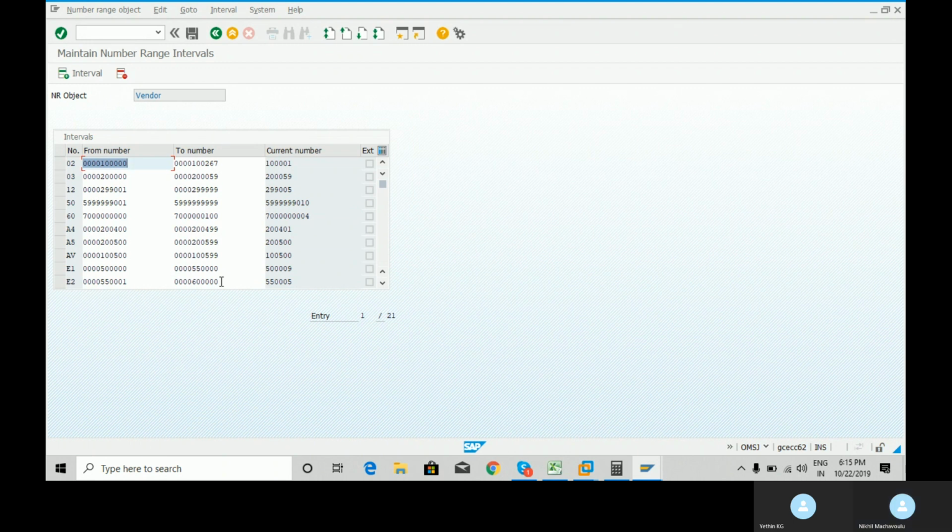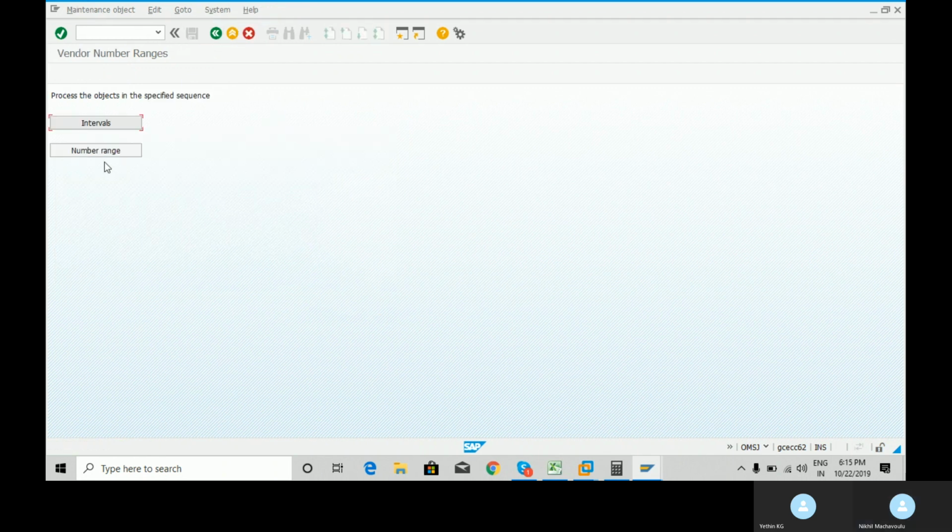Okay, so this was a number range that was required because the number range that we were taking was already taken by the system. So what is the number range? That was GY, right? Save,